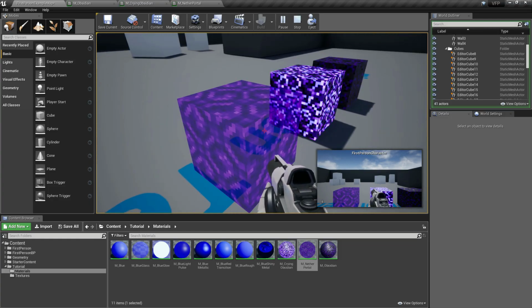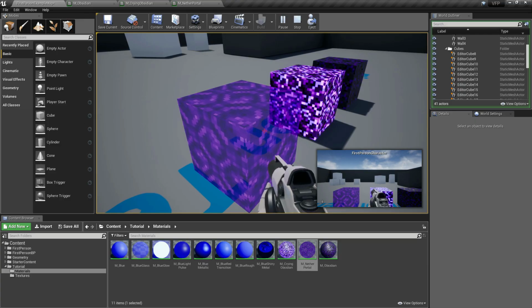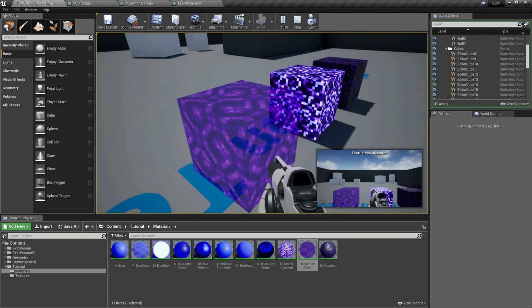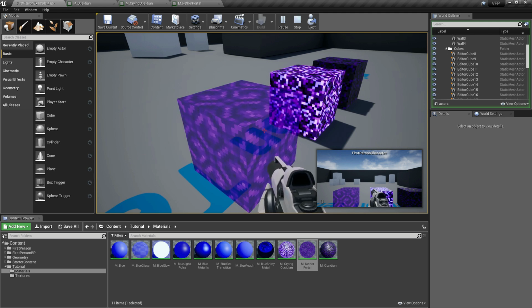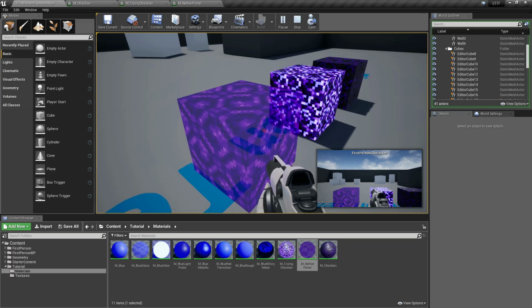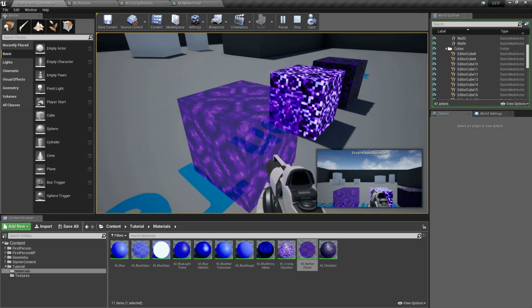So when you're creating a galaxy or have a void, this world aligned texture is very useful, especially when you're creating a background with the stars on a level.